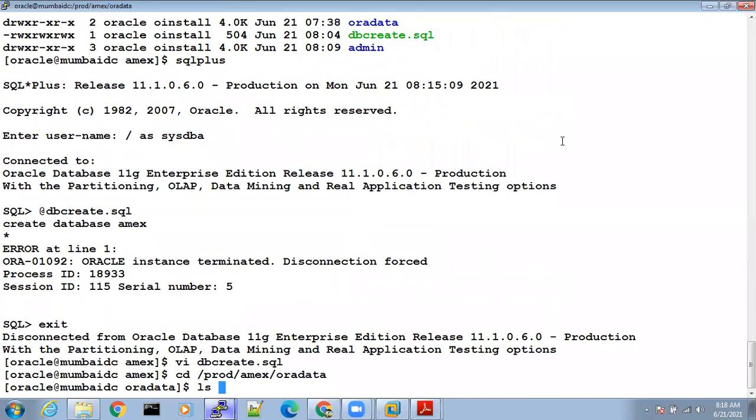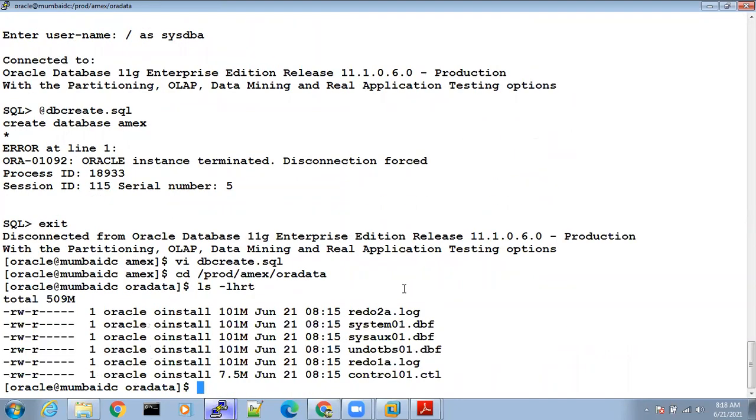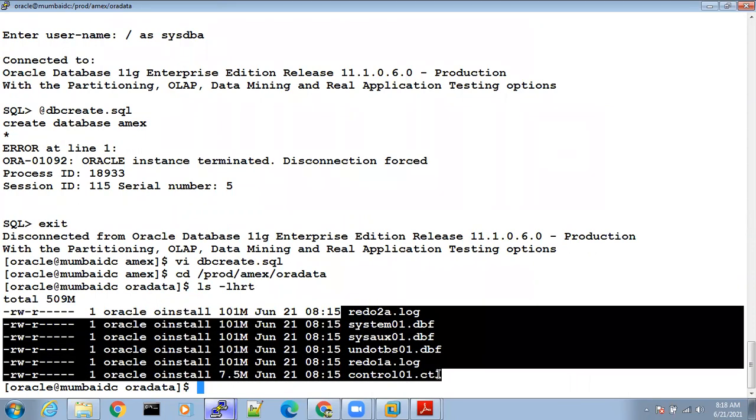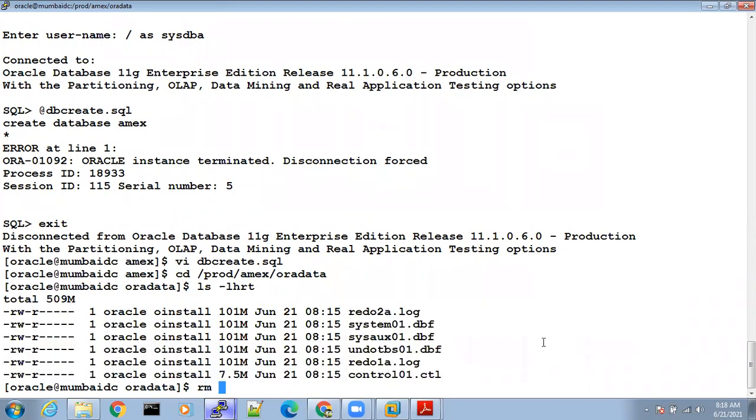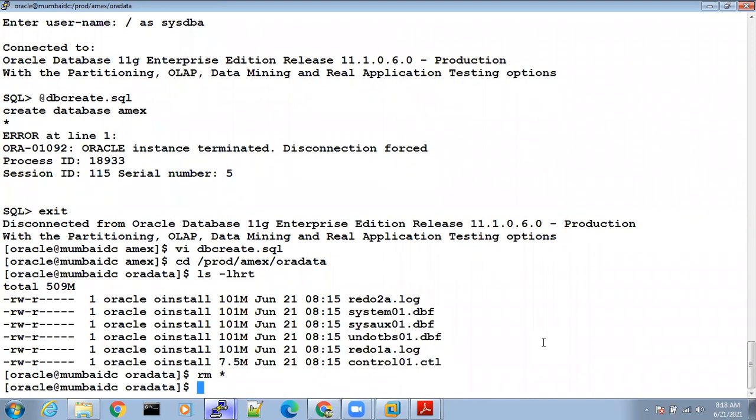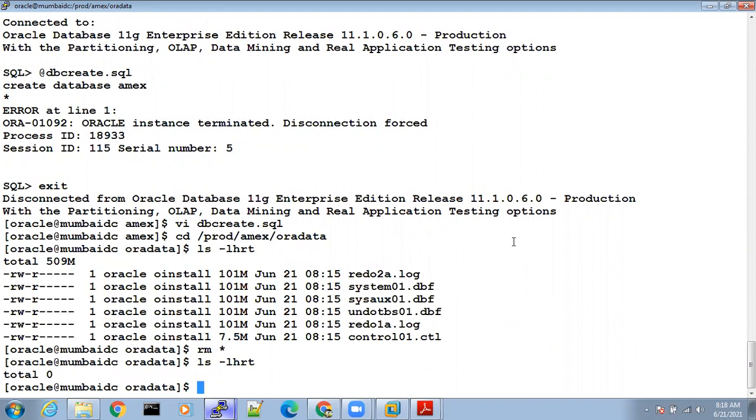Go there and check whether the files are created. There are some files created. Just remove those files, rm star. You have to remove the files which were created before.